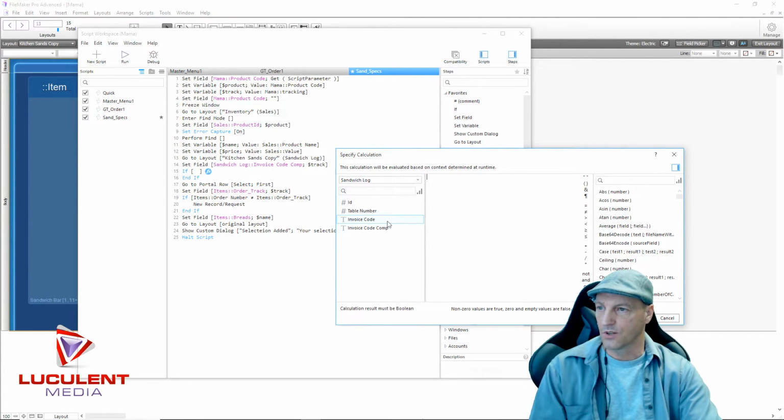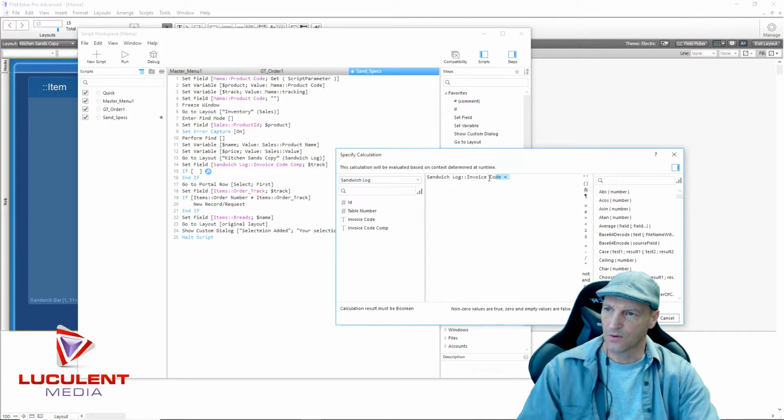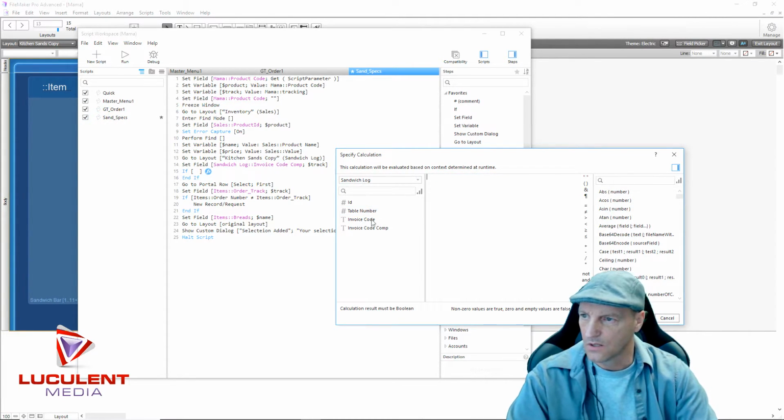Actually, I'm just going to do if invoice code is not equal to invoice comp code. Let's do that instead. Let's erase all this stuff. Delete it. So if invoice code is not equal to invoice comp code,